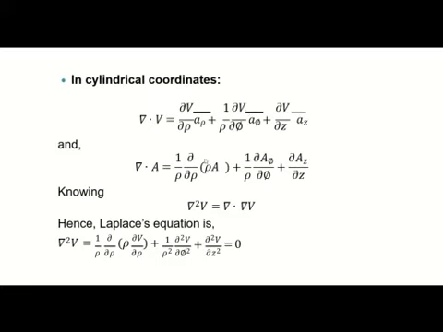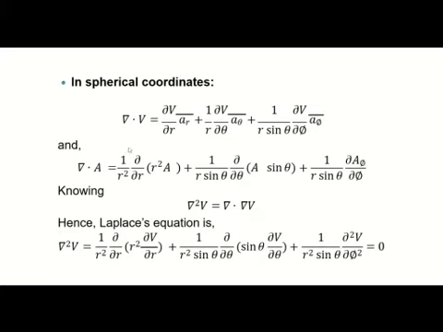So if I put all this over here, then we can write del rho of 1 by rho del rho of rho del v by del rho. That means we have placed del v by del rho over here. Also del phi of del v by del phi, that means del square v by del phi square, plus del square v by del z square. This is completely the Laplace equation.